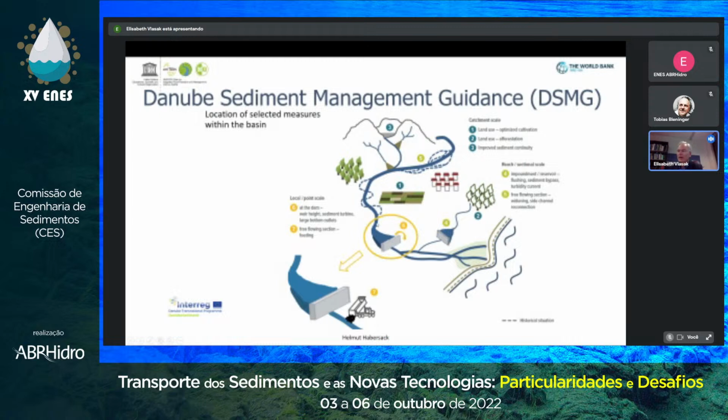And in there, we had a schematic starting point to say we start here in the catchment with different measures and we go down, in this case, even to the sea, if the river is, let's say, looked at in the full sketch. So we have here land use, afforestation, we have improved sediment continuity. We have here the impoundment and the reservoir flushing, bypass turbidity currents with the free-flowing section with widenings, and we go to the dam, but you will see in a few minutes more details on this, on the weir height, especially on the width of the weir of the dam.